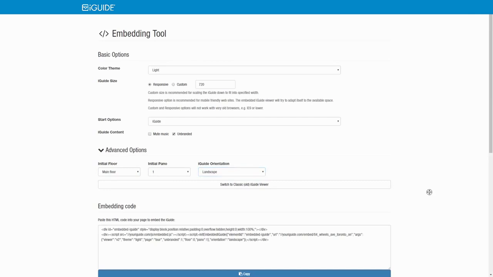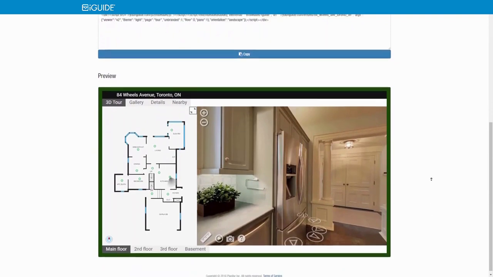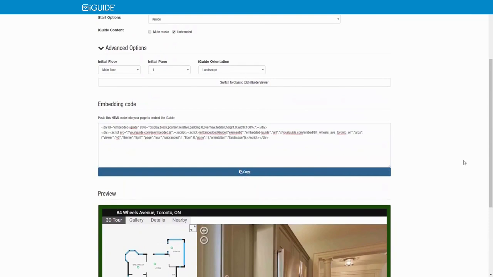A preview of what the iGuide will look like with the current settings is shown at the bottom. If you are comfortable with HTML, you can copy and paste the code into your website yourself, or you can give the code or even the link itself to your web designer and let them do